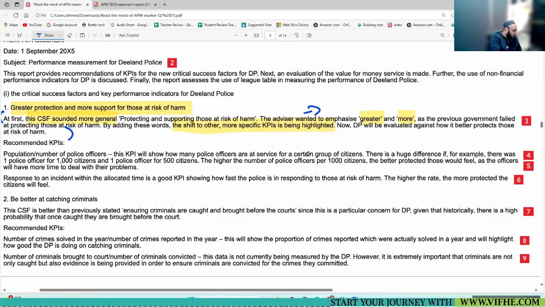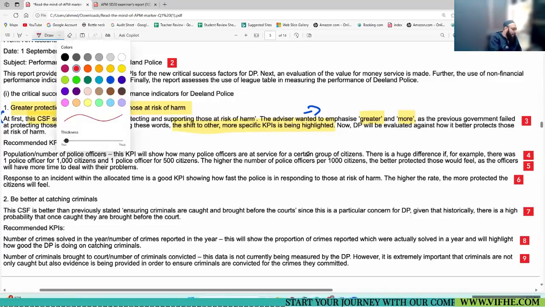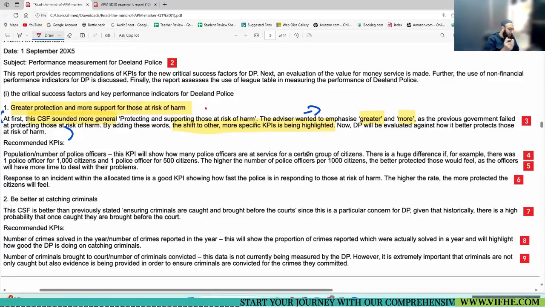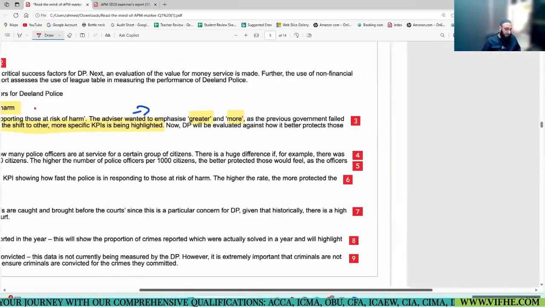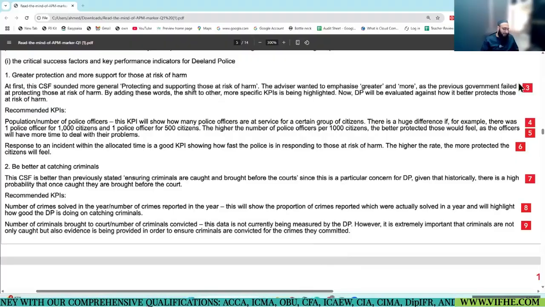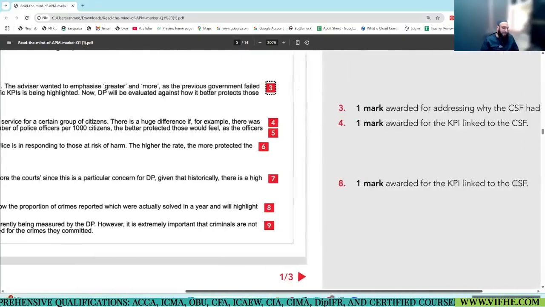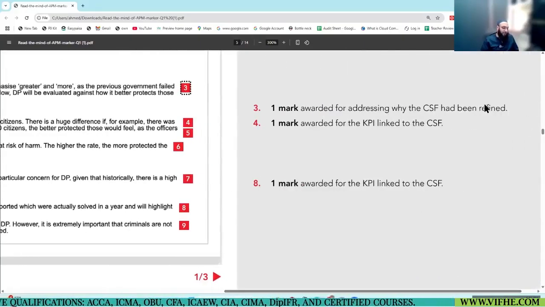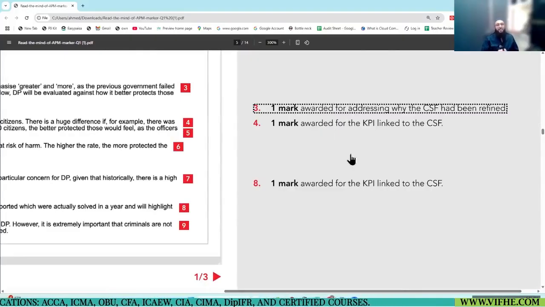So what all he has written, I don't know whether it is he or she, will this be given a mark? Is this a right explanation of a shift from 1 to 2? Yes. So let's see. This third point gives you the clarity on why CSF has been redefined.